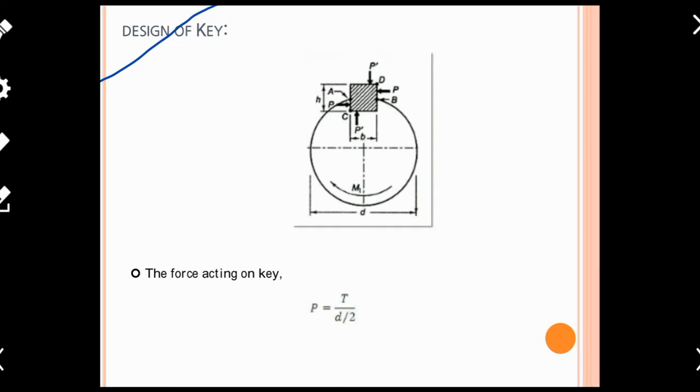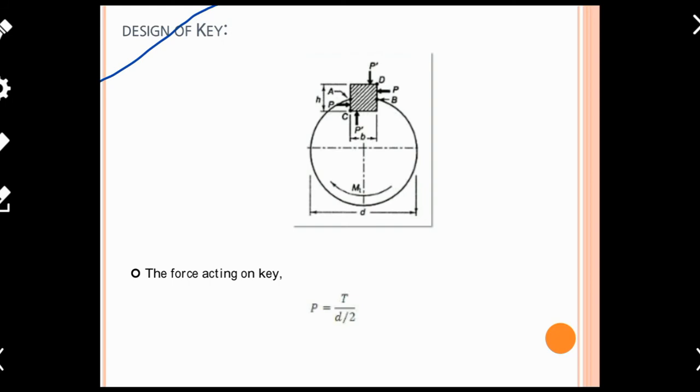Starting with that particular force P. Actually, P is the external force which is due to the power transmission. That means suppose the same key and shaft are mounted on an electric motor, then whenever the electric motor rotates, it will transmit torque, and along with that torque there will definitely be forces. So the force transmitted by the shaft is indicated here by P, which is acting in the horizontal plane.